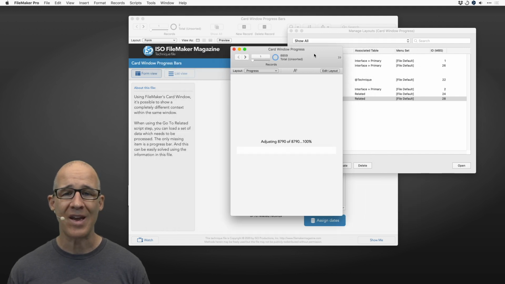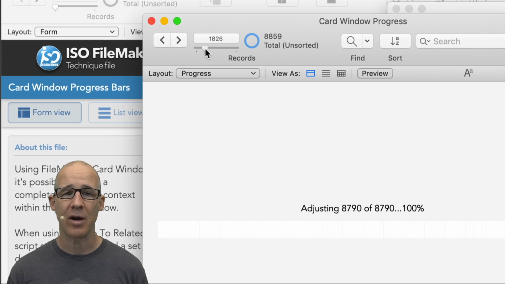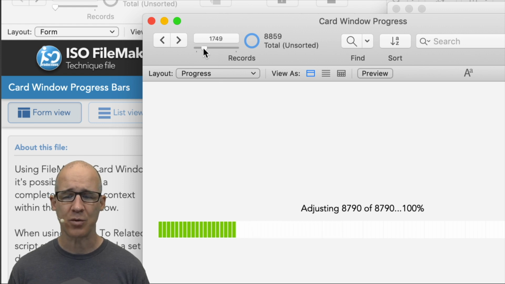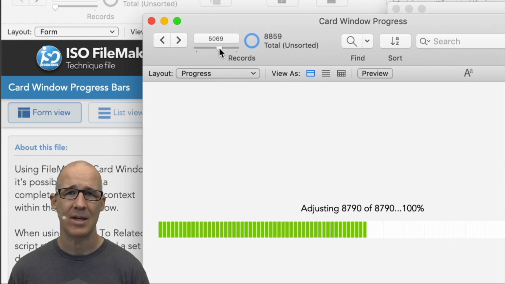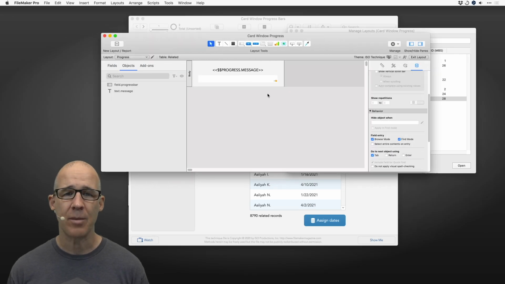And we can see when we are in this layout mode, looking at this, if we were to use the slider, we can see that as we use the slider, the bar is just going to render because that unstored calculation is either going to put a 1 or a 0 in each one of these, and then the conditional formatting is simply going to be either the color or not. So I love that about this because what it does is it makes this so easy to copy and paste. All I have to do is come in here, and for any other layout where I want to process records,